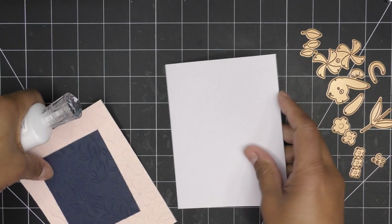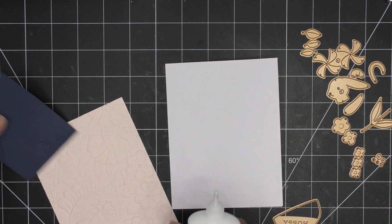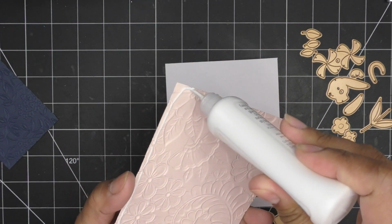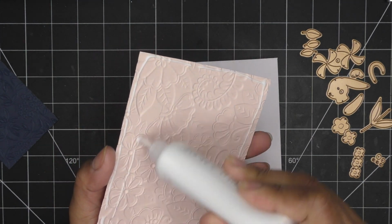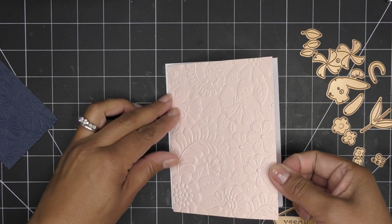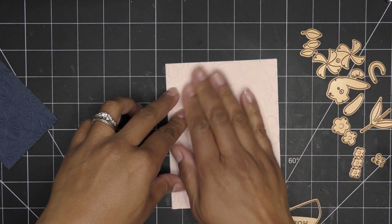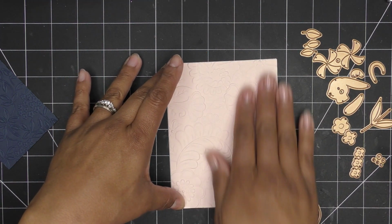Glue these puppies down. Let's see there. And I generally use wet glues. Your kits always come with 3D adhesive and liner tape, so you can definitely do that. But when I use an embossed piece, I always like to use the wet glue because that glue really gets into all the different nooks and crannies for you. And this covers the whole card front because that's what it is. I didn't trim it down, so in the card kit it does come with 4 1/4 by 5 1/2 inch pieces of